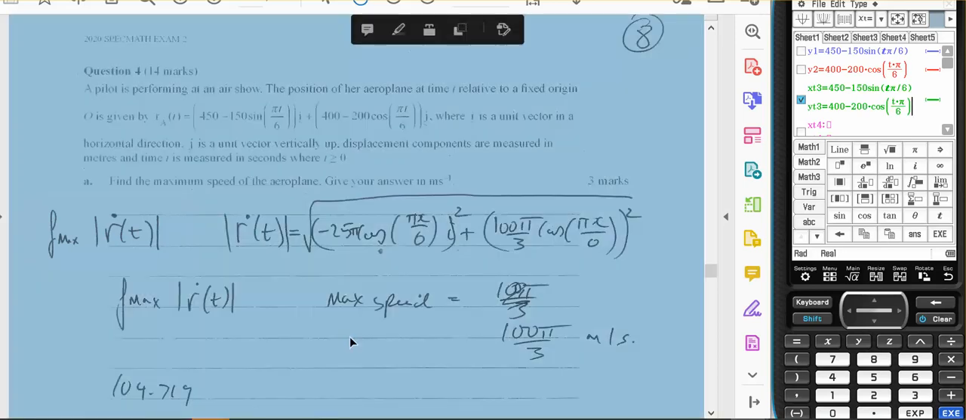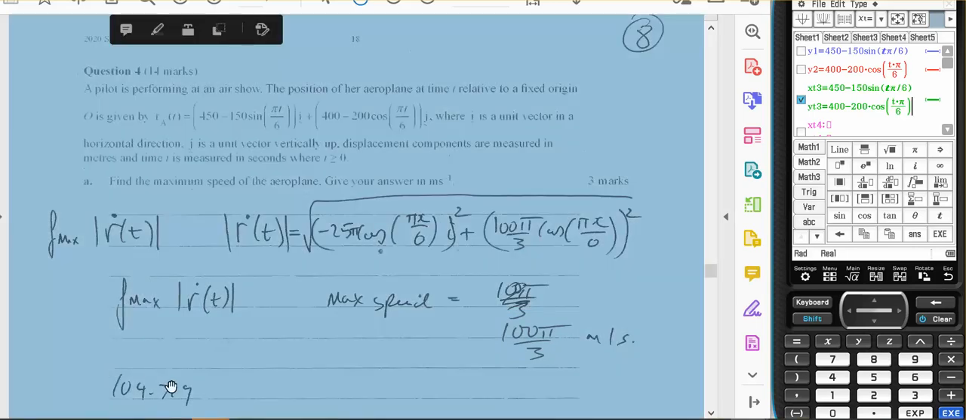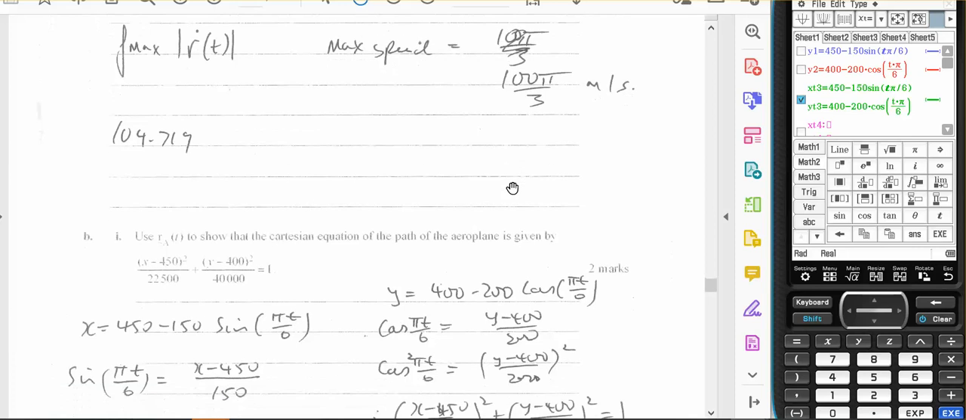And then I've got F max, which gave me 100 pi on 3. And I double checked it because that value is 104.7191. And then I graphed my square root and made sure the maximum was that value, and it was. Okay, use